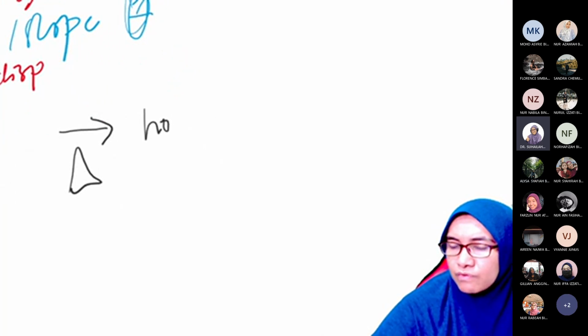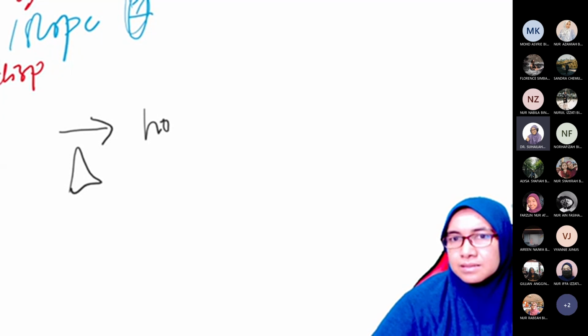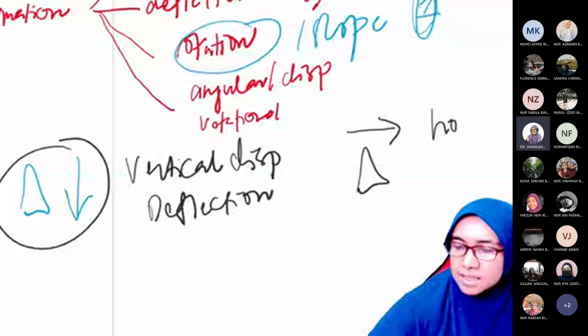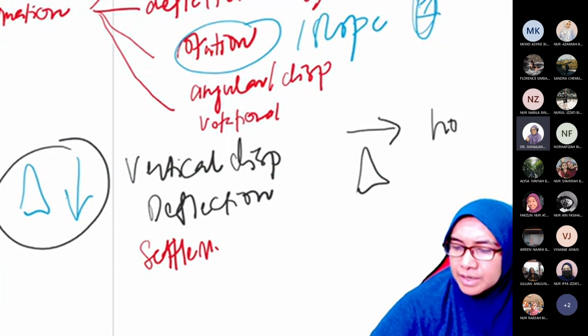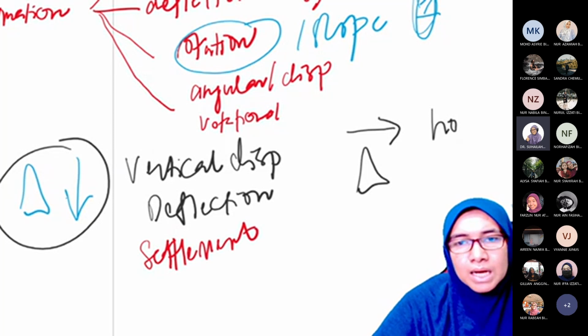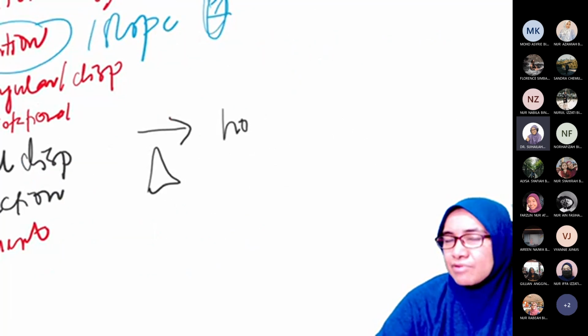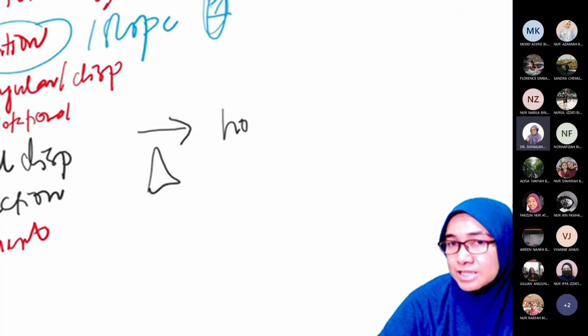Settlement also for vertical. Settlement, it sits here. And settlement normally is due to support. Okay, delta, when it reflects horizontal displacement,